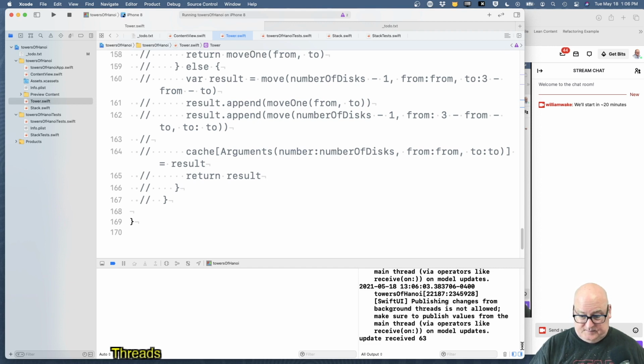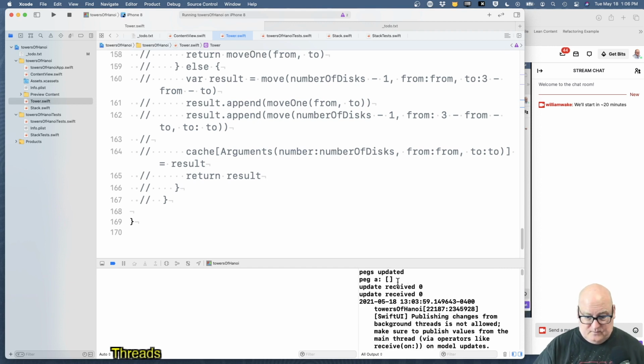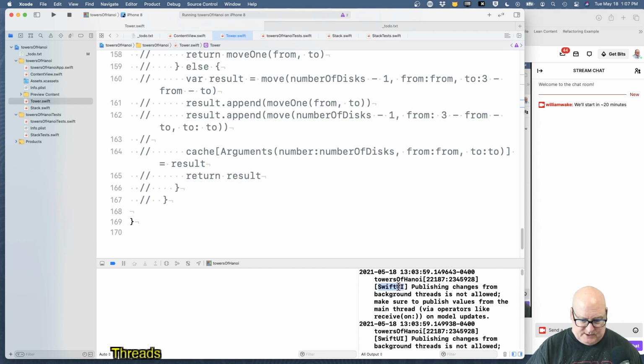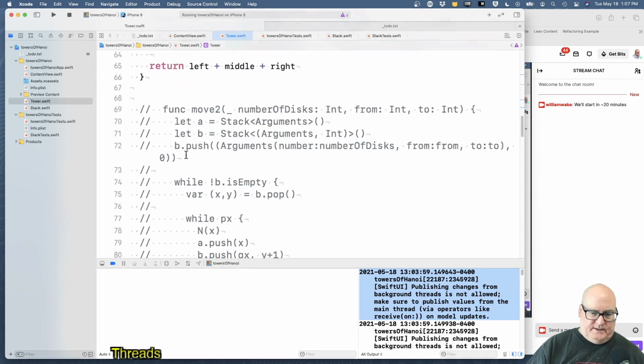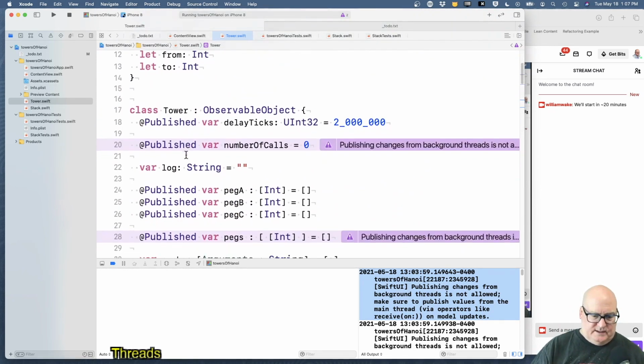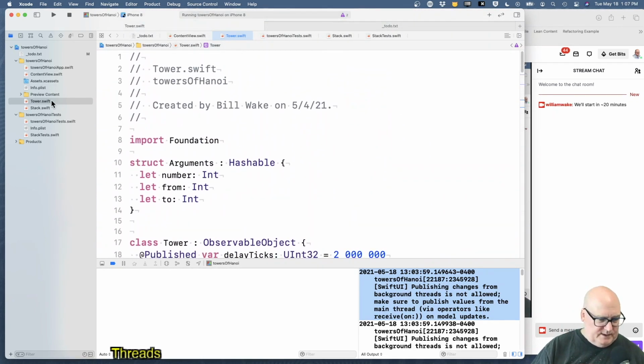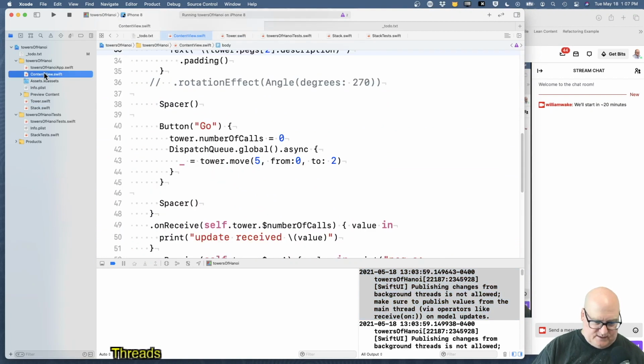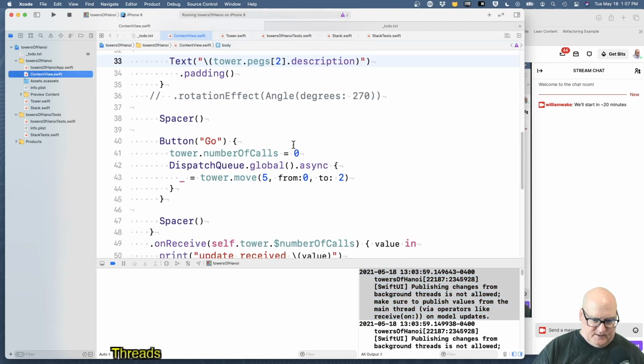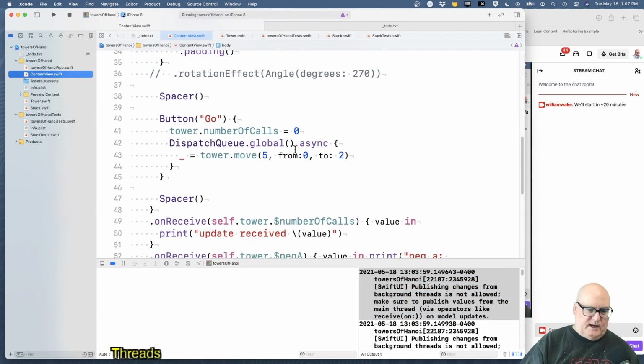Okay, we got the pegs and the updates and that, but then we get, hey, publishing threads changes from background threads is not allowed. Publish values from the main thread. And let's see. So the problem is, let's find our go button. Okay. So right now we're telling it